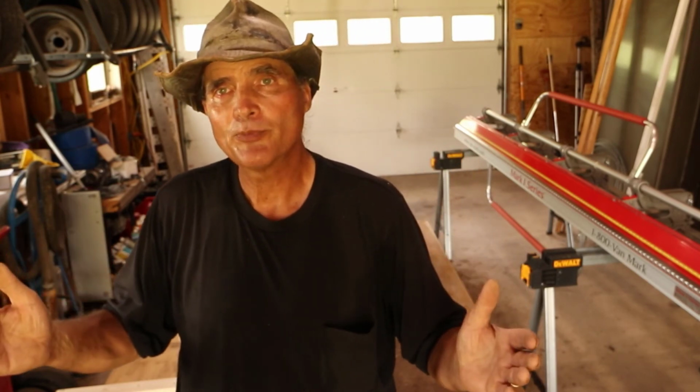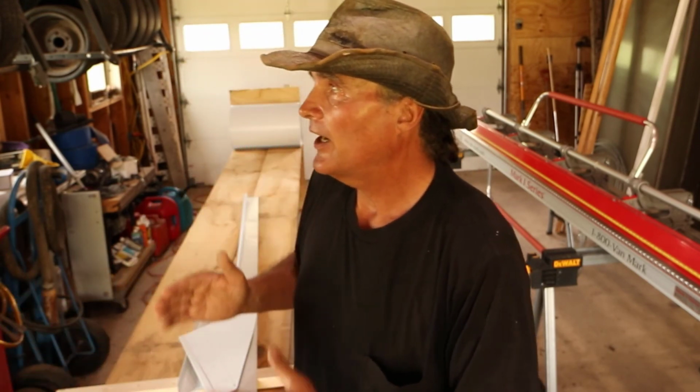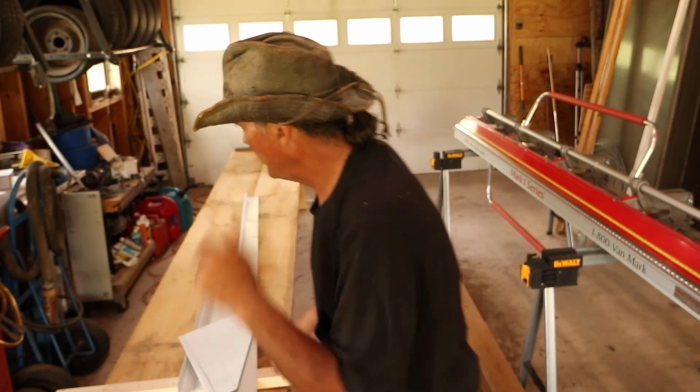But on the level soffit all the way around the fascia there, well, I only needed them to be 6 inches wide. That way I could get 4 pieces out of every 24-inch piece. On the gable ends, the peak ends, where the pitched roof is, I needed to cut the 24-inch piece into 3 pieces, which gave me 8 inches each. So with the